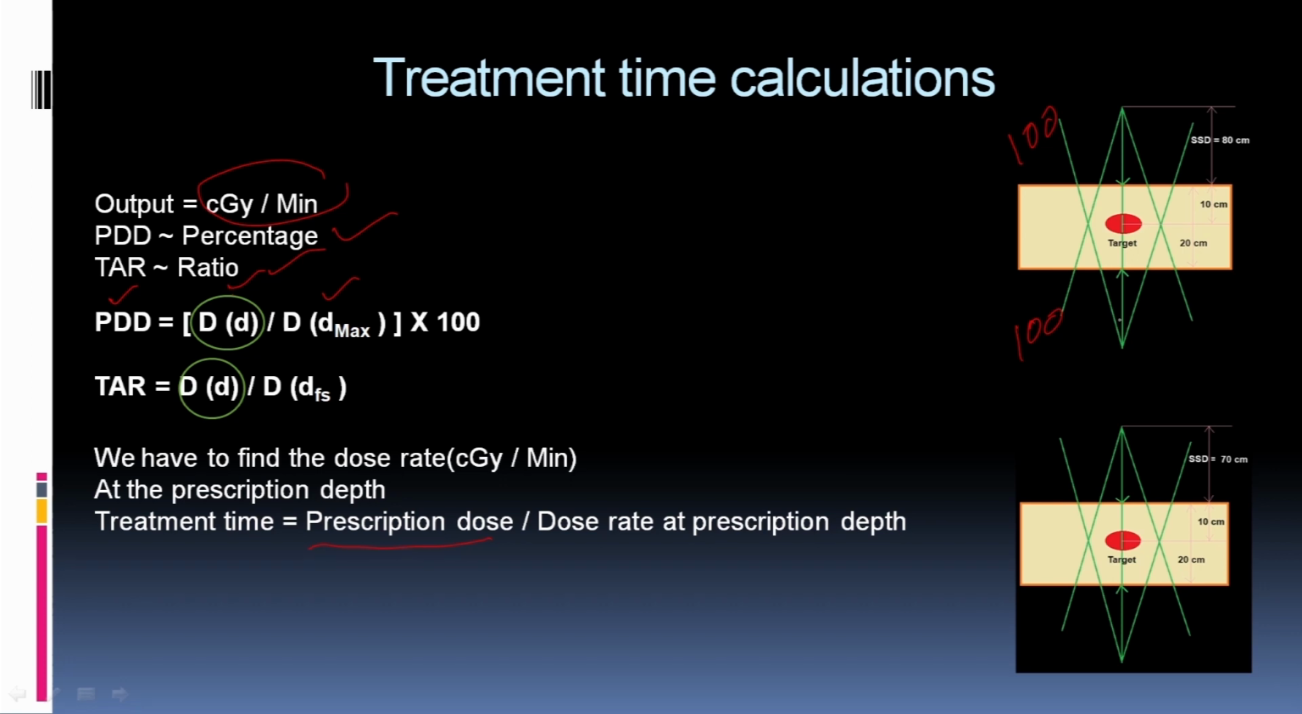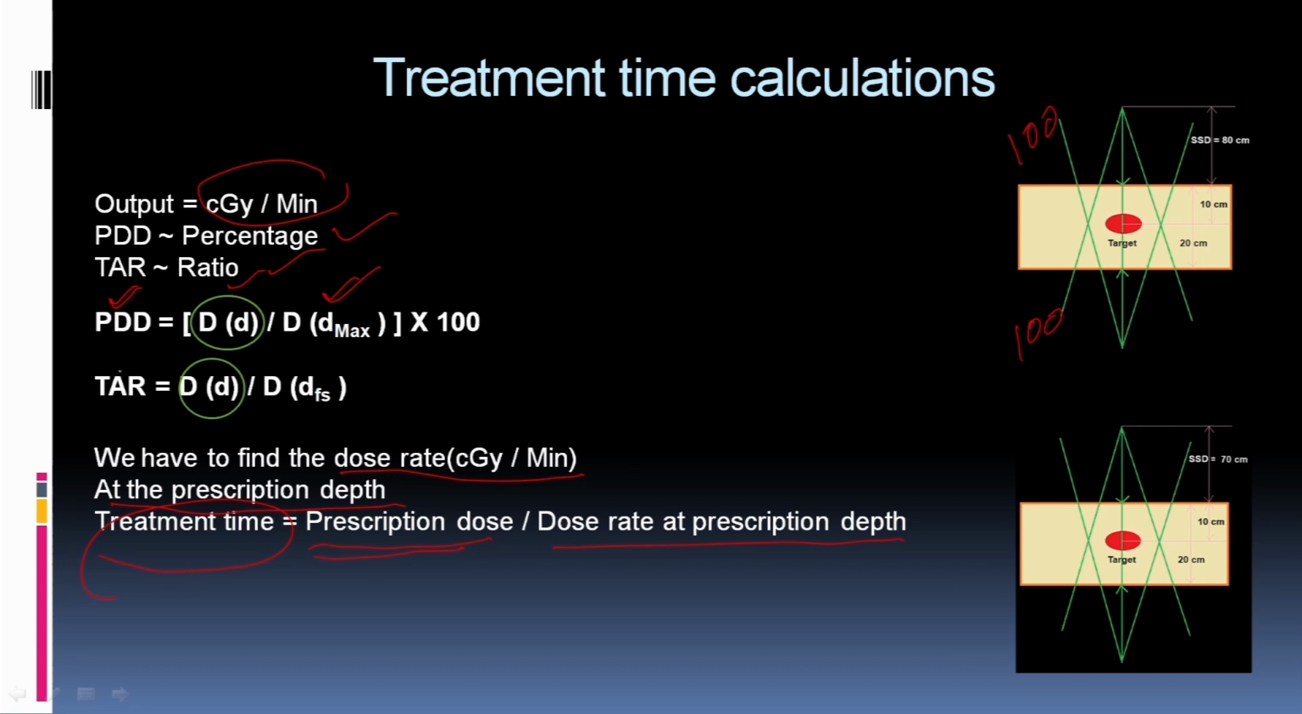So, these are the clinical situation for this simple treatment technique. This is parallel opposed field technique, and we have to find the dose rate in centigrade per minute at prescription depth, and treatment time will be calculated as the prescription dose divided by dose rate at prescription depth. So, these are known parameters from the table which we have prepared from our measurement,